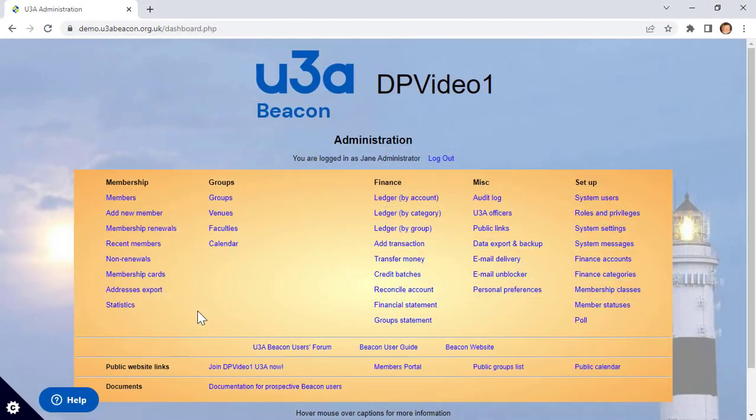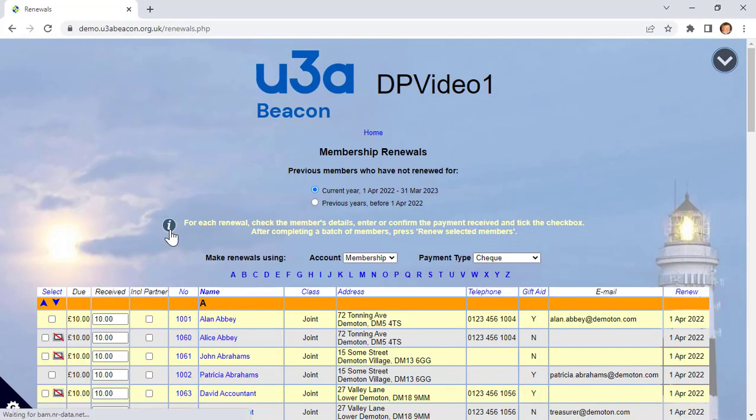So much for the theory. Let's renew some members by selecting membership renewals. You can renew one member at a time or batch process them. If your U3A runs a fixed membership year like this demo version of Beacon that I'm using, select the appropriate